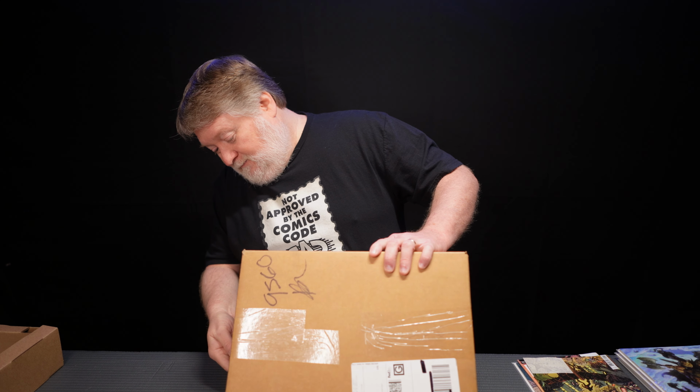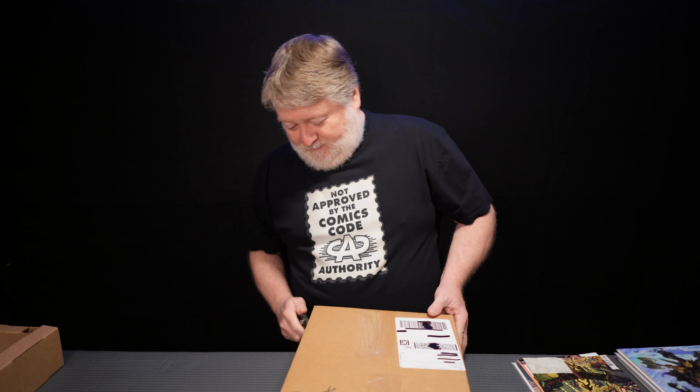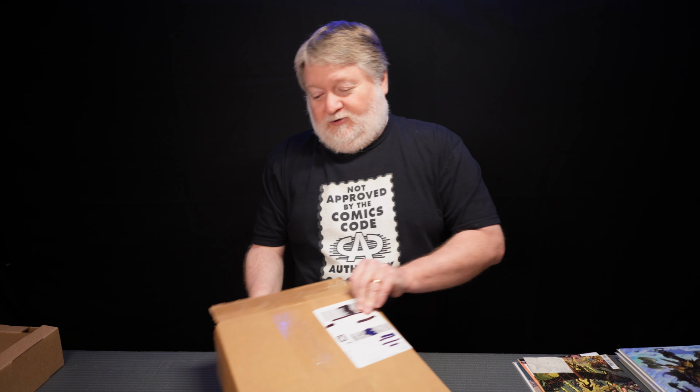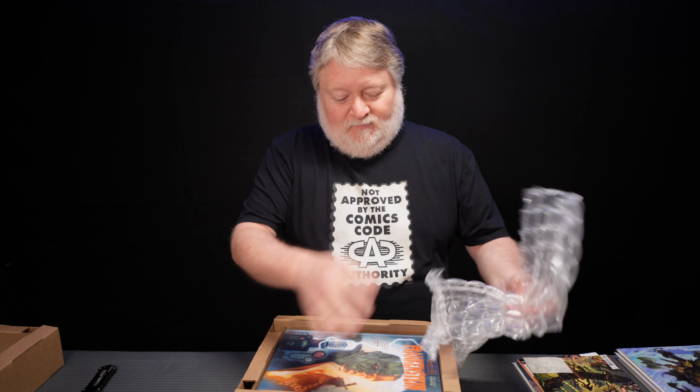All right, last one. InStockTrades again. Yeah, the more I use these boxes for unboxings, the more I like them. Really nice. This is so much better than the old way. The only thing I would change, if they were to ask me, they're not going to do that, is I think I would write "this side up" on it, so that way you know which way to slide this out. I did it just by feeling. I could feel the edge of the bottom of the tray. But there we go. That worked. Yeah, I wouldn't mind seeing them stamp a little "this side up," maybe. Not a big deal, but...